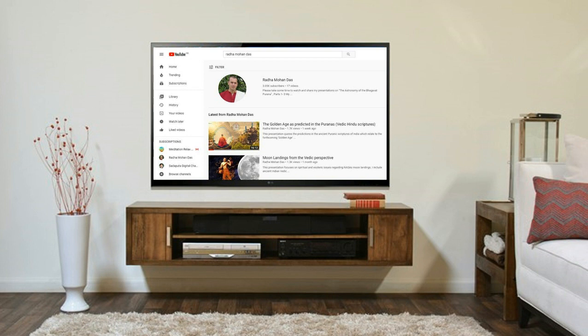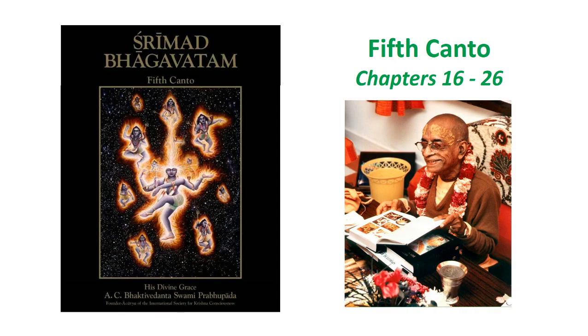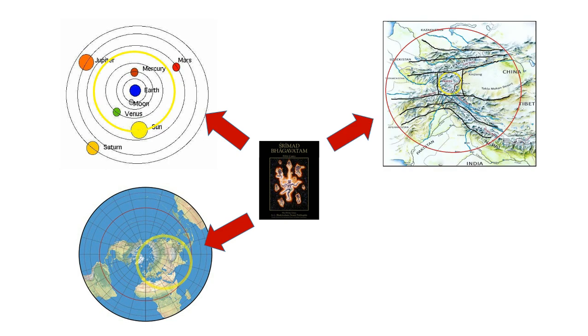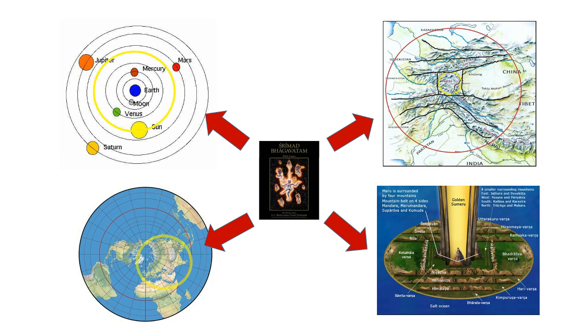So here I'll be addressing subjects surrounding the concept of the vertical axis of the Vedic universe as described in the 5th canto of the Bhagavat Purana, or the Srimad Bhagavatam. As described in the Astronomy of the Bhagavat Purana, Dr. Richard Thompson concludes there are 4 separate models there, namely the planisphere of the Earth, the geocentric orbits of the solar system, a topological map of the mountains of Central Asia, and the celestial realms of the demigods.